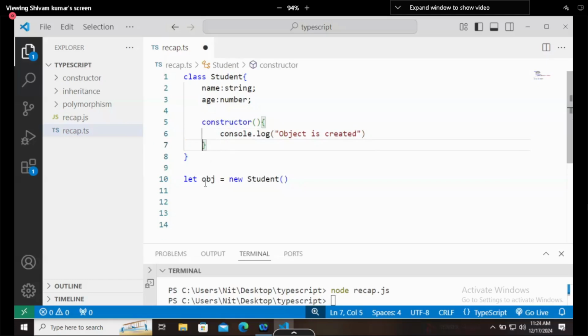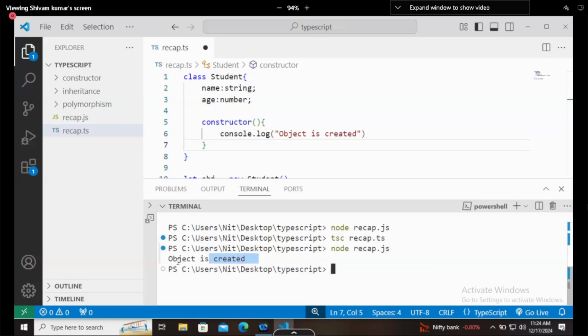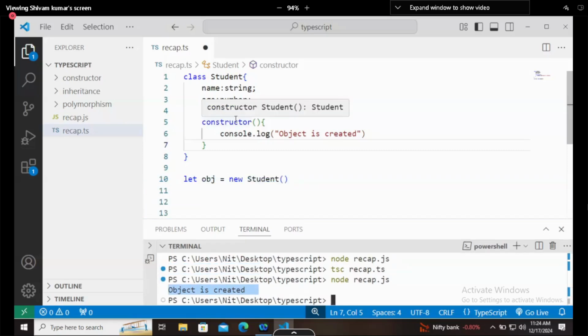Now I have simply created the object of the class. Let me check again. So tsc recap.ts and then node recap.js, and it says object is created. Whenever you create an object of the class, the constructor is called every time.